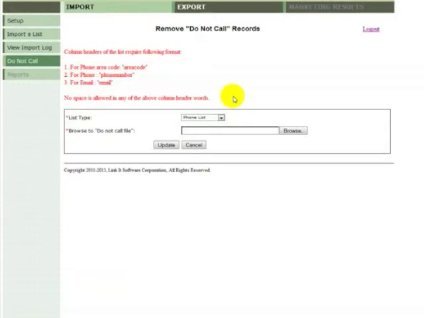Note that for a given phone number which you have provided in the file, all records with that phone number will be tagged as "Do Not Call" and will not be fetched in the future when exporting call lists from the application. Likewise, for a given email address which you have provided in the file, all records with that email address will be tagged as "Do Not Email" and will not be fetched in the future when exporting lists from